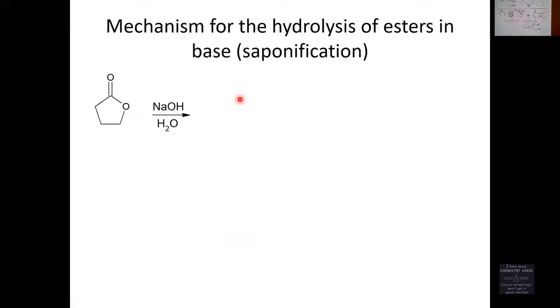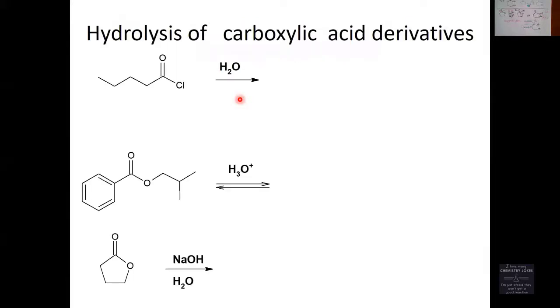We drew this mechanism, tried to saponify that guy. Saponification means hydrolysis in base. We've said hydrolysis of all of the carboxylic acid derivatives results in carboxylic acids. So hopefully you can predict the products for all three of these reactions. That top one, carboxylic acid, product. The middle one, carboxylic acid, product. The bottom one,